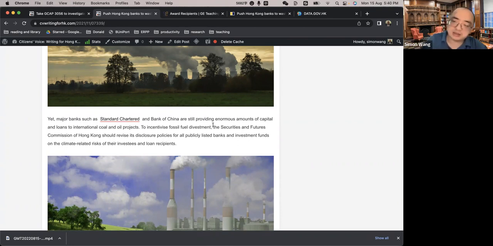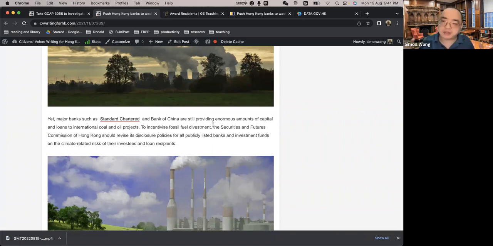So in a way, it's to push them to be more socially responsible, to keep an eye on the carbon emission of these investees. But one of the problems with this approach is that they missed all these fossil fuel suppliers, right? The fossil fuel suppliers provide all the fossil fuels, but they didn't release a lot of carbon dioxide themselves. I don't know about the operations of this industry, but presumably compared to the fossil fuel they supplied, their own carbon footprint may not be that large.